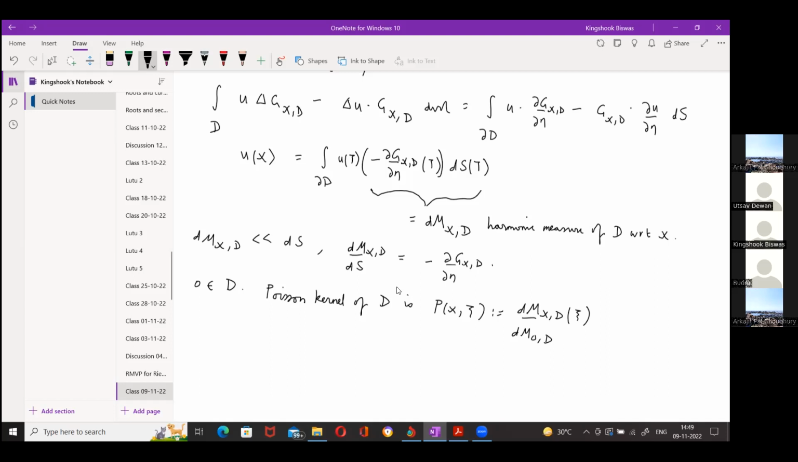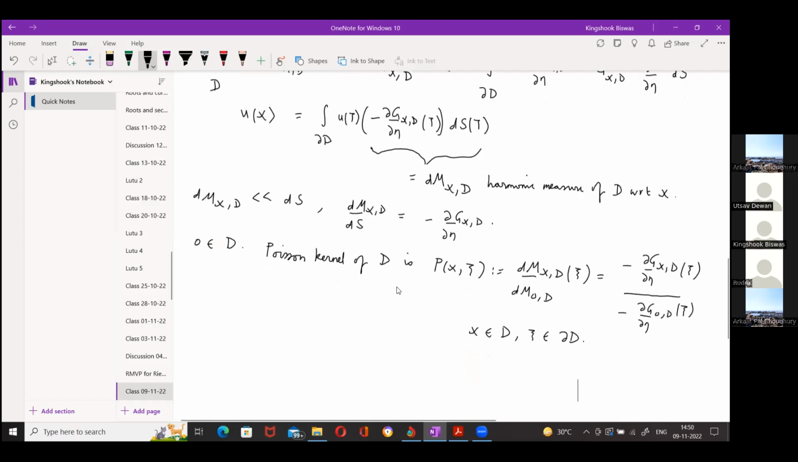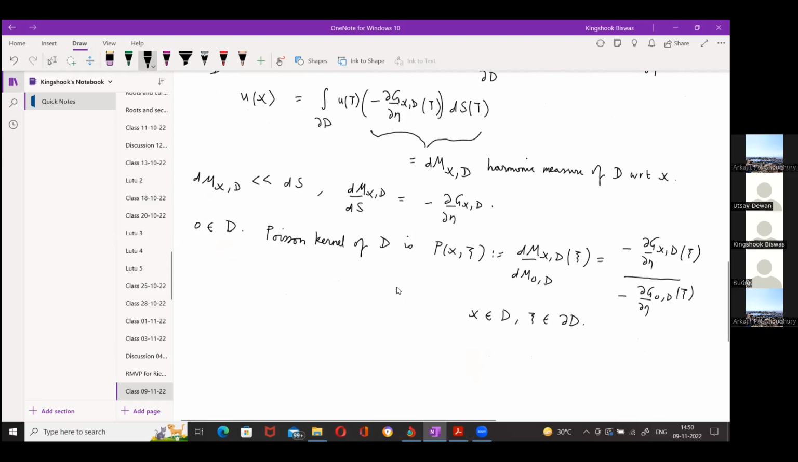Okay, and so this is therefore a ratio of normal derivatives of Green functions, right? So this is the formula I wrote at the end of last time, right? Is this clear? Yes, sir. Yeah, and so then the Poisson formula becomes